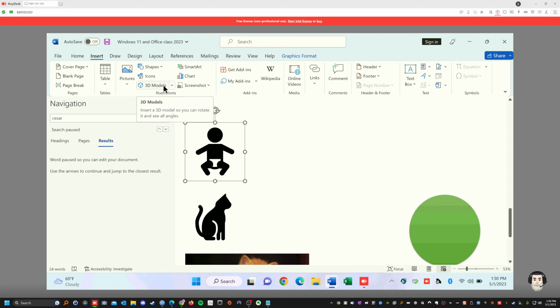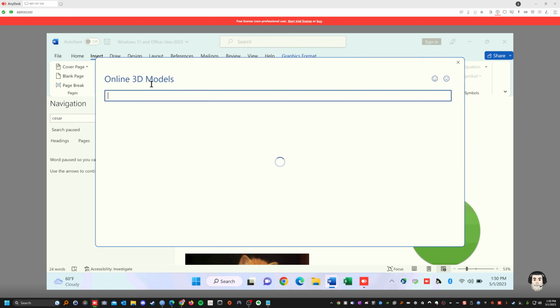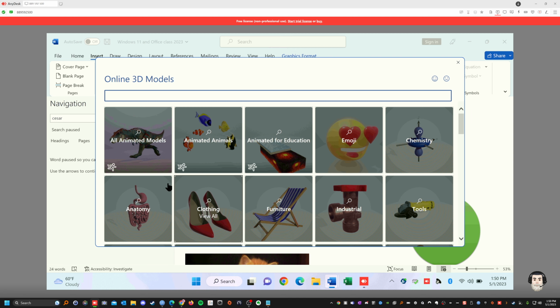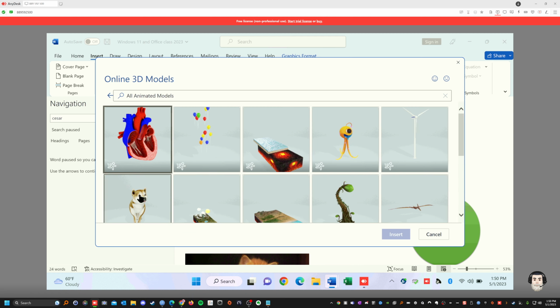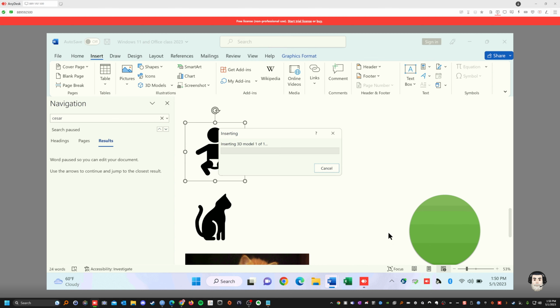3D models, insert a 3D model, you can rotate and everything. So let's add something, a 3D model from the internet, right? Let's look at this. Let's do the dog. Let's insert the dog. It's a 3D model, right? It's going to take a little bit of time because it's a 3D rendering of that particular graphic. Give it some time. That's if you want to add a 3D model. You could add a house, you could add something that's in third dimension.